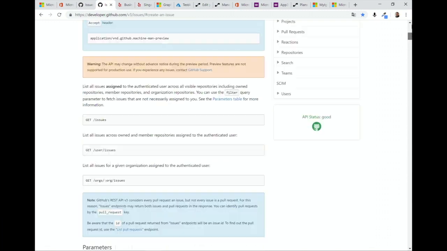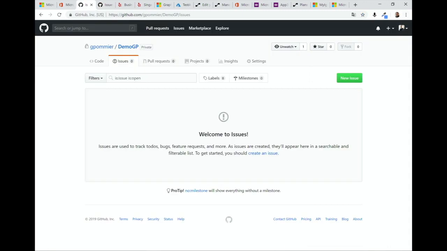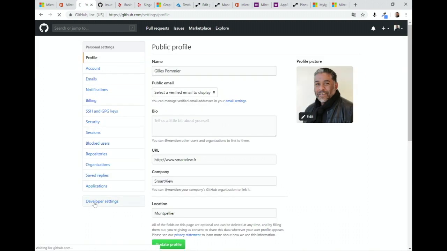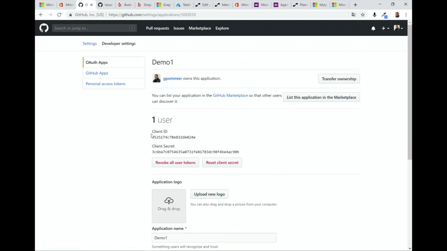If I want to create a custom connector for GitHub, the second thing which is important comes from the settings here. And if I go to the developer settings, I need to create an application like this. So this is an OAuth application. That means that if I want to connect, I will have to provide an OAuth token, an OAuth mechanism. I have created an application here, and the application is here to have a client ID and a client secret. So this is an application created in GitHub, and I will use it in my connector.